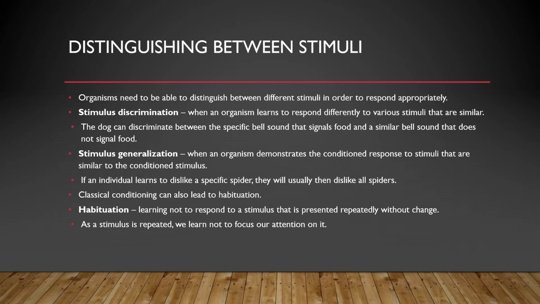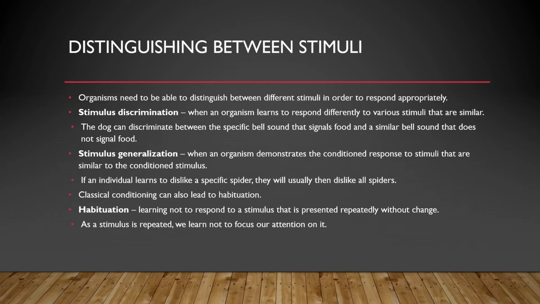So we also have what's called stimulus discrimination and stimulus generalization and habituation. Stimulus discrimination is when an organism responds differently to various stimuli that are similar. So the dog can discriminate between a specific bell sound. Maybe we have a real low bell tone and a real high bell tone, and the one we've taught the dog to associate with food is the one that's in the middle. And if the dog is only responding to the one in the middle or things very close to it,